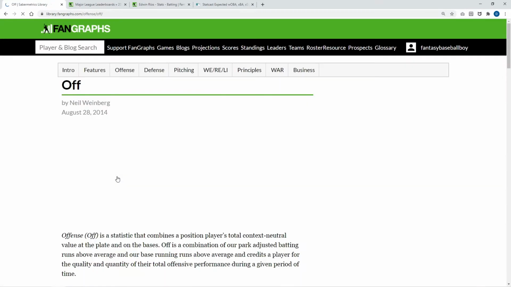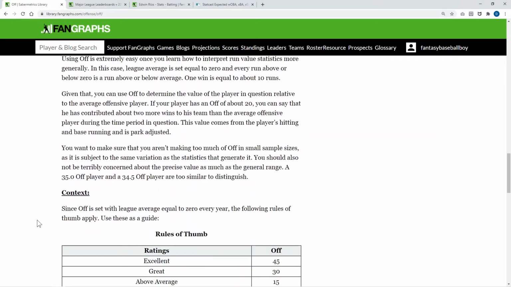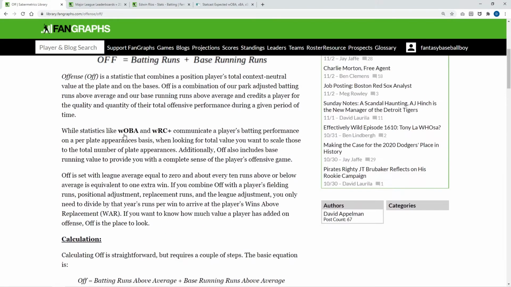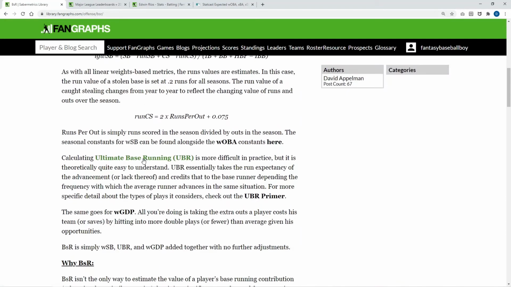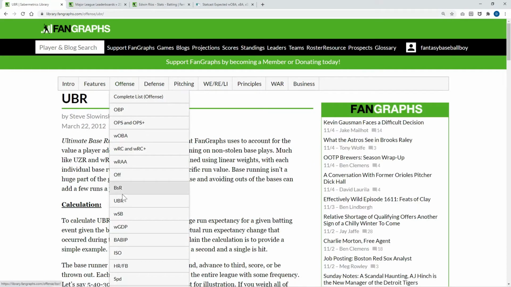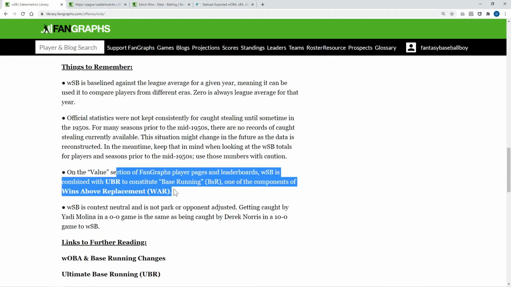So there's this Off stat, which I personally don't have a lot of experience with. I don't use it very often, but things to remember: it combines hitting and base running. So if you want to value both equally, you can do this. You can look at their total offensive stats, so batting runs plus base running runs. And then you've got these base running stats: BsR, base running, then UBR, which is ultimate base running, and then weighted stolen bases. So these are all things that you can use as far as value of a player's